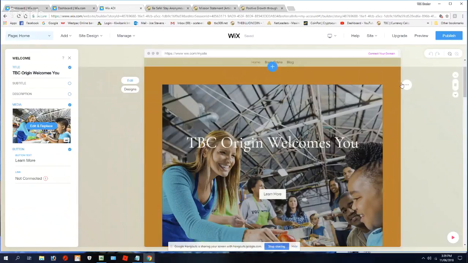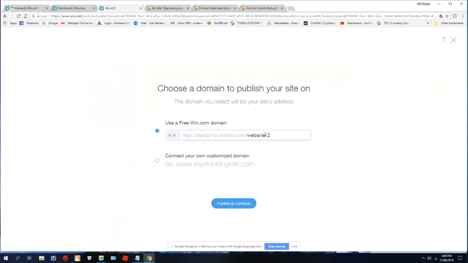So anyway, that's how you create a website pretty quickly, and it doesn't take long. But if you've got any problems in here, there's a help up here. There's a lot of reading material that is helpful on how to create a website. And if you publish it, see, you can have the website name and then publish it and continue. You can change that name when you're ready. You don't have to have that. And it will create it.